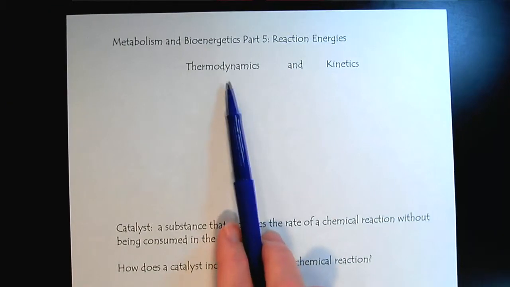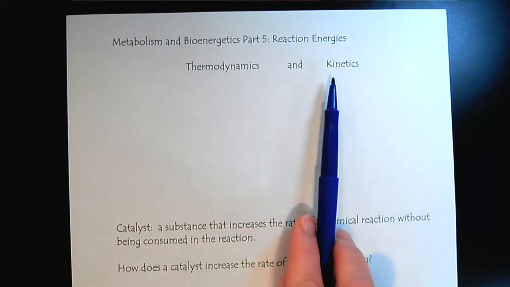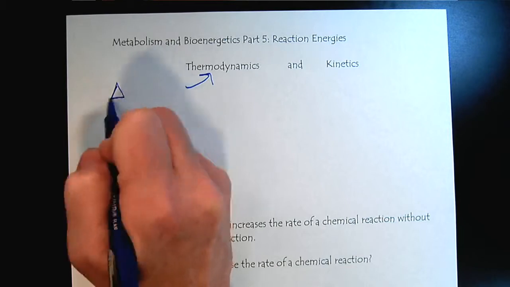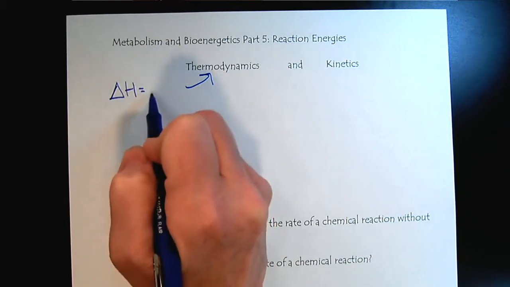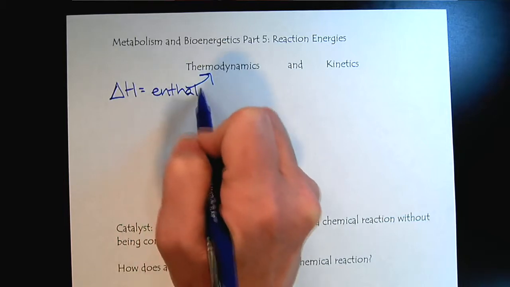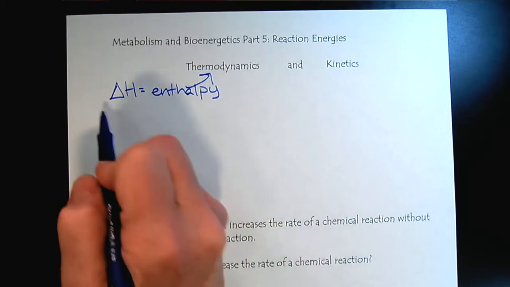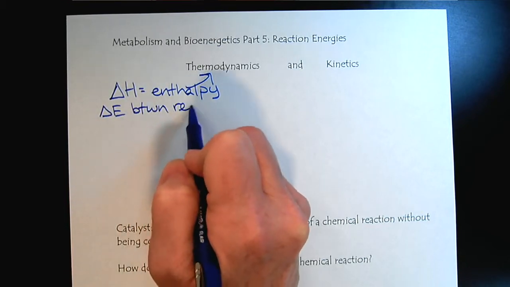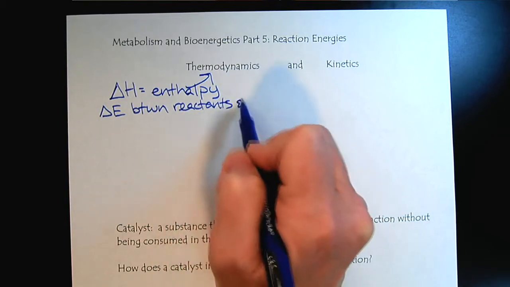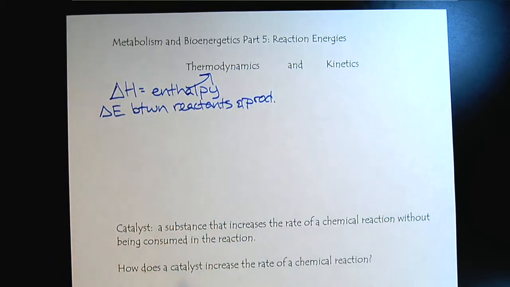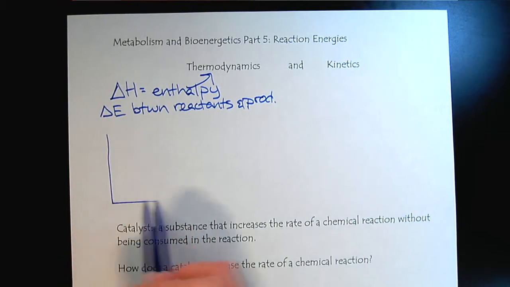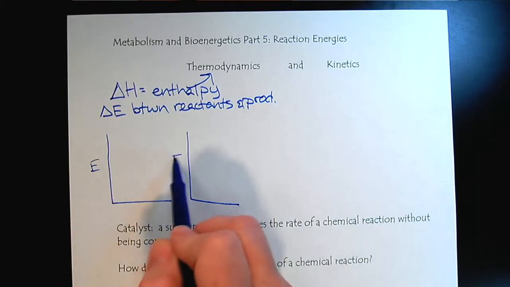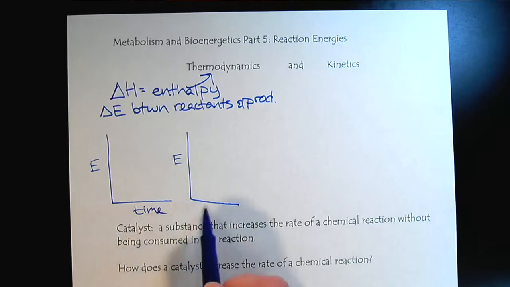That we can think about them in terms of thermodynamics or kinetics. So far, what we know about thermodynamics is we've learned about delta H, which is the enthalpy, right? And we know that that is the energy difference between the reactants and products. And so as soon as you hear about these, a couple reaction energy diagrams should come to mind, right? Energy along the y-axis, time along the x-axis,